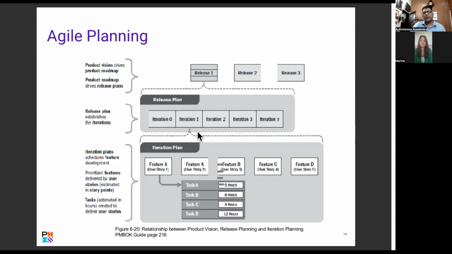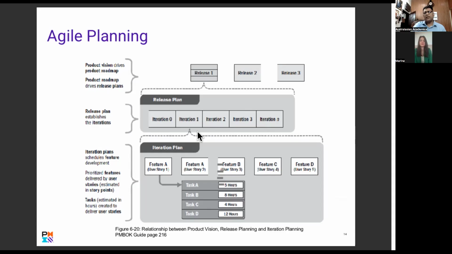So yeah, you've got a release plan. Obviously, you've got release 1, 2, and 3. And then under the release plan, you've got different iterations. A release plan is similar to a work breakdown structure. They used to call it that in predictive, but the release plan is now named differently. And you're delivering in iteration 0, 1, 2, 3, and 4.